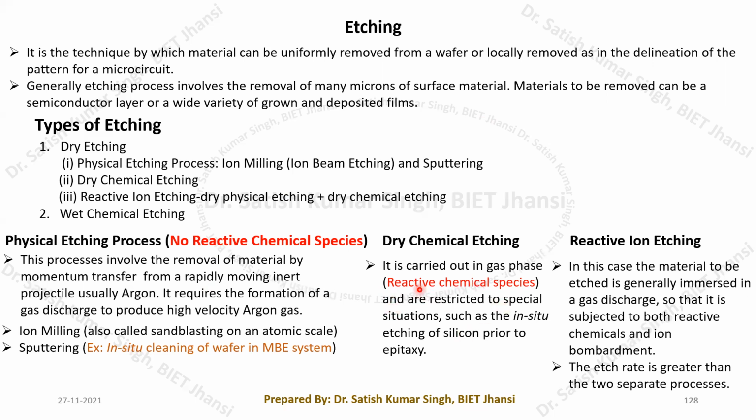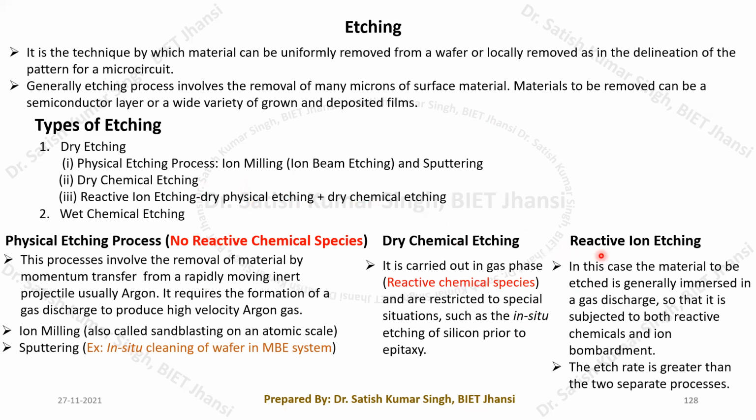And then you can see that in dry chemical etching, we have to send the agent in the form of dry gases. It should not be liquid, but dry gases. A certain reaction is going to take place, and then a layer can be removed from the top of the wafer surface. So especially it is used for in situ cleaning or in situ etching, you can say. Now we have another category which is called reactive ion etching. As I said here, this reactive ion etching takes the advantages of both dry physical etching plus dry chemical etching.